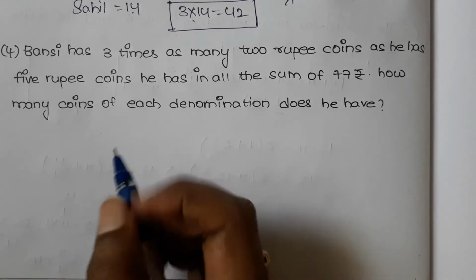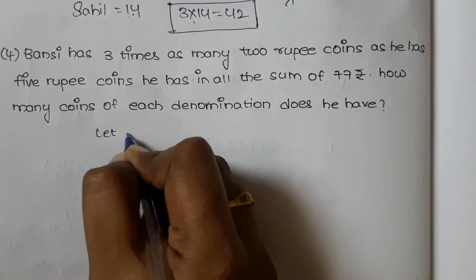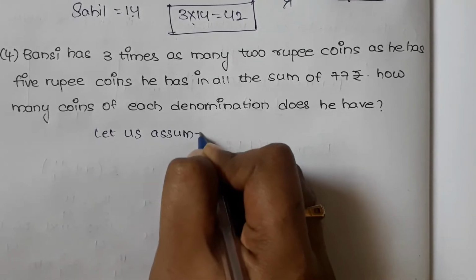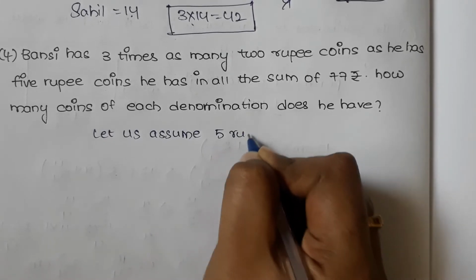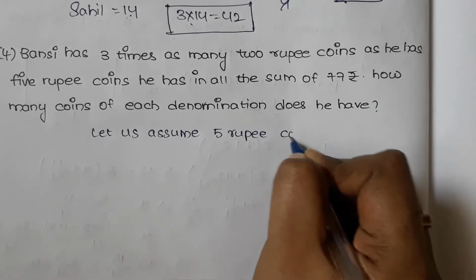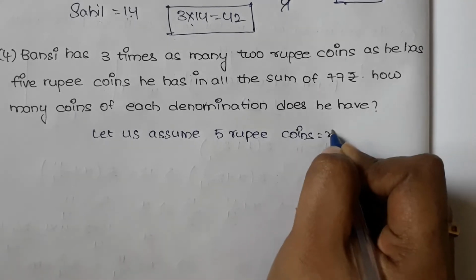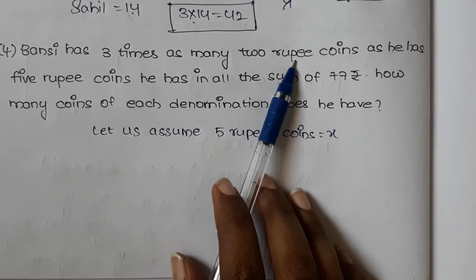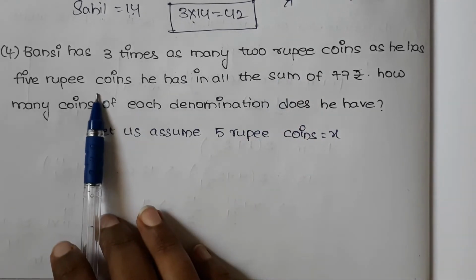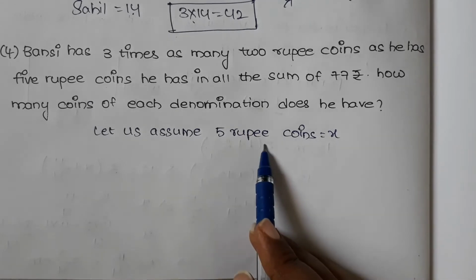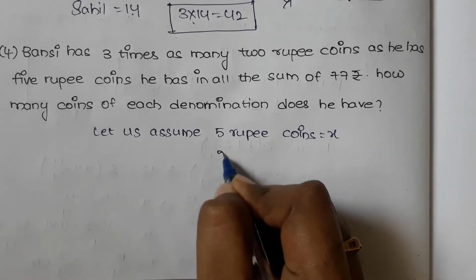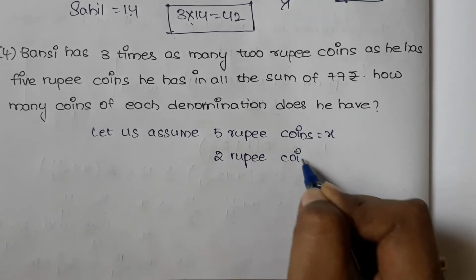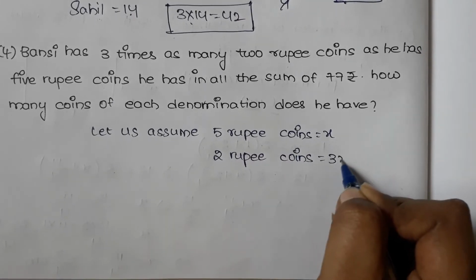Now let us assume 5 rupee coins be X. They have given 2 rupee coins is 3 times the 5 rupee coins. So let us assume 5 rupee coins as X and the 2 rupee coins as 3x,